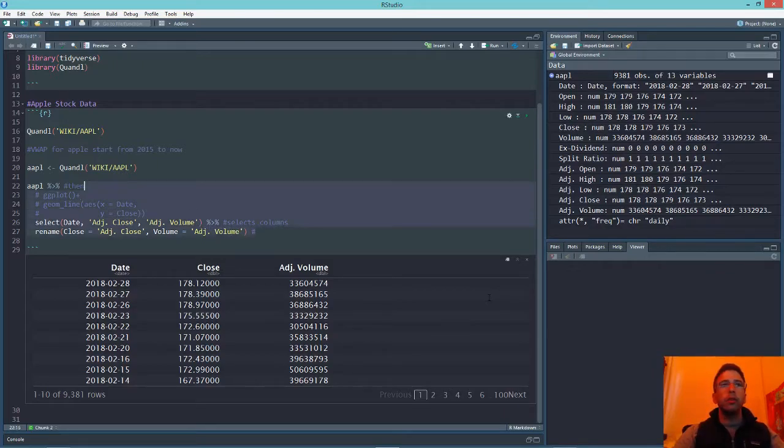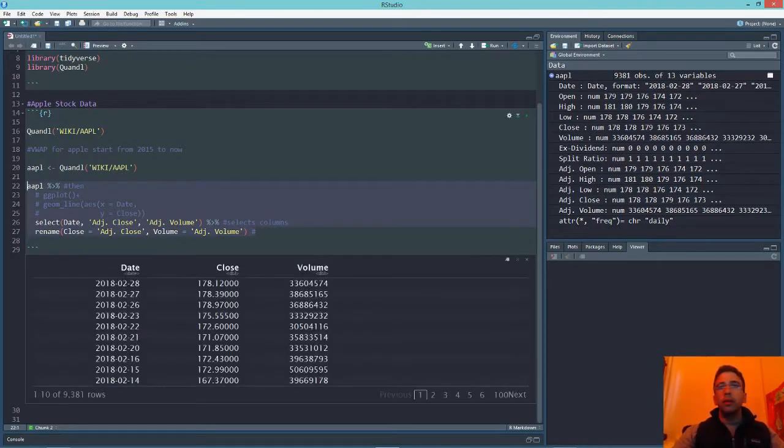Volume, and you can see we have nice cleaned up column names. So just rename column. That's basically what rename does. So that's cool, and at this point I really would like to see what the chart looks like with the